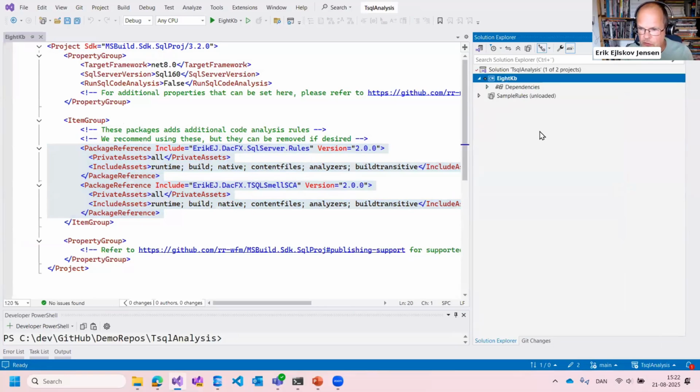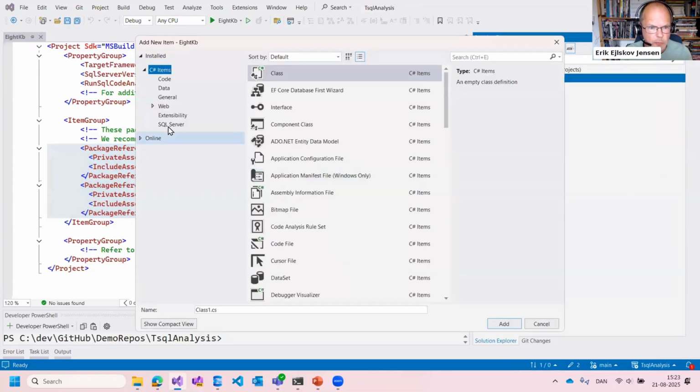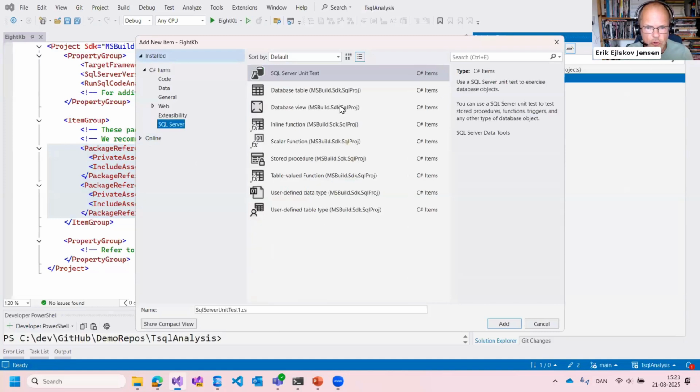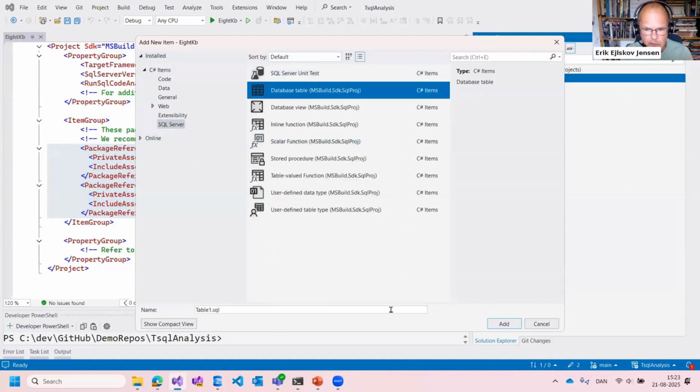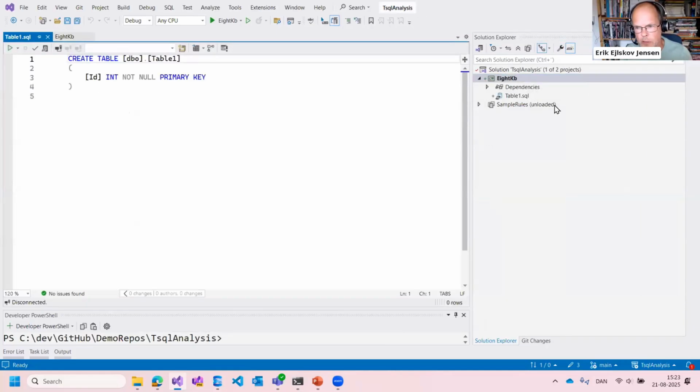One way to do that is to use Add New Item. This can also be done from the command line, and then go to SQL Server and add, for example, a database table. So we have built-in templates to add individual object types in SQL Server as part of this template pack that we just installed. So I will add a table, and then it will add Table1, and I can start renaming it and start working with it. That's one way to do it, but